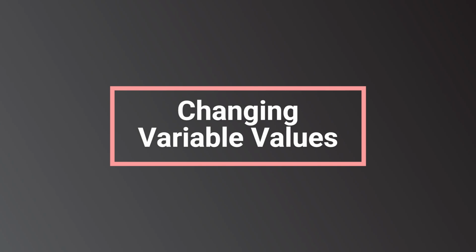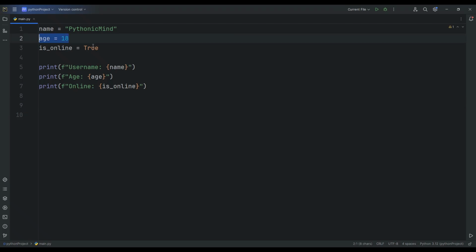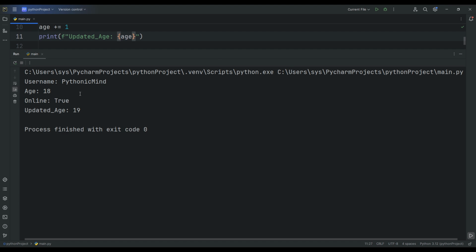For instance, let's say Pythonic Mind has a birthday and is now 19 years old. We can update the age variable like this: age equal to age plus 1, or age plus equals 1. So let's print it. F-string updated age, curly braces age. Let's run this. As you can see,